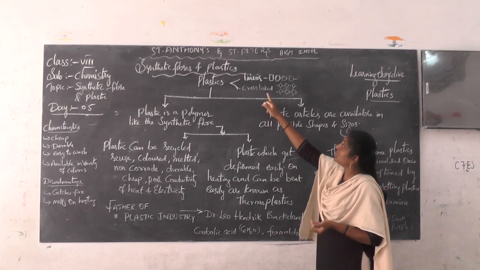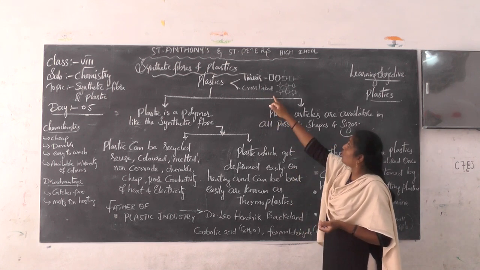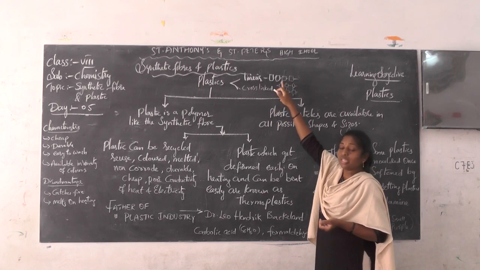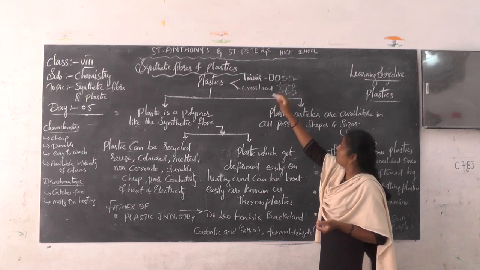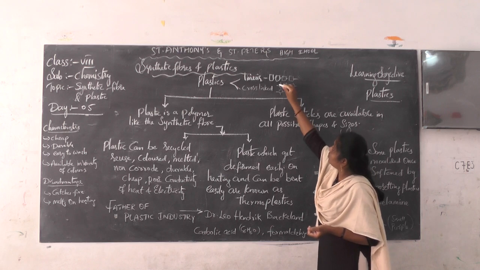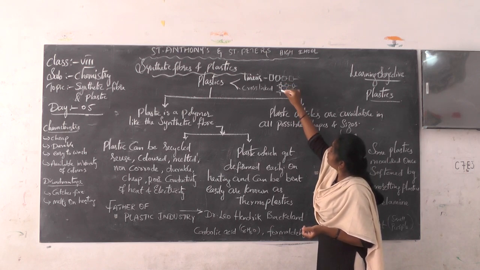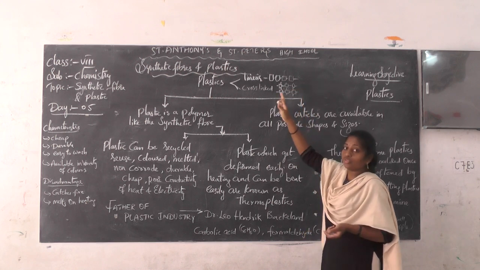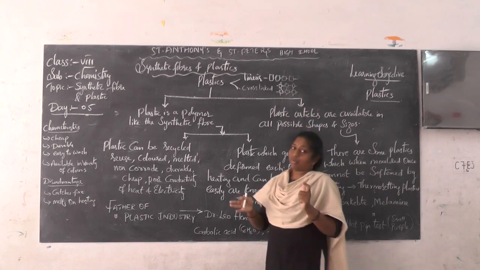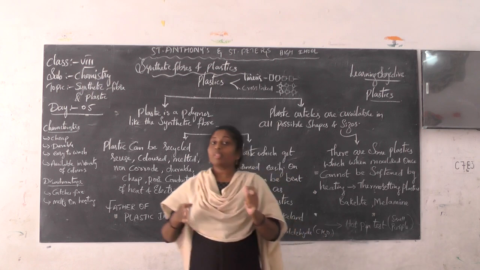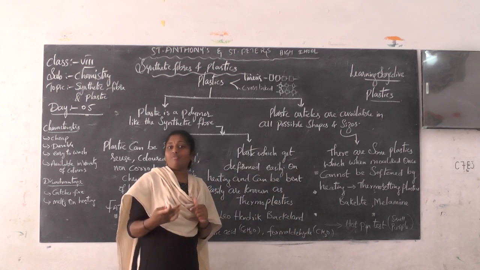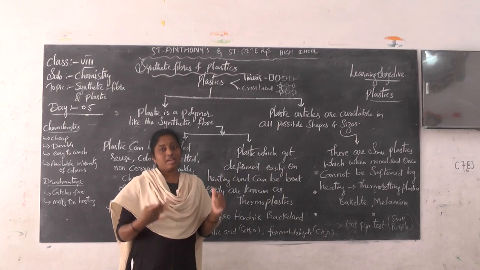The second one is the cross-link arrangement. Cross-link means one unit is linked in four directions. One unit is occupying the four directions. Like this, you can see there are two different types of arrangements in the plastic: one is the linear arrangement and another one is the cross-link arrangement.